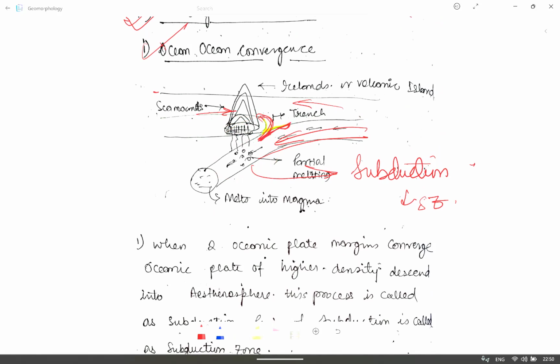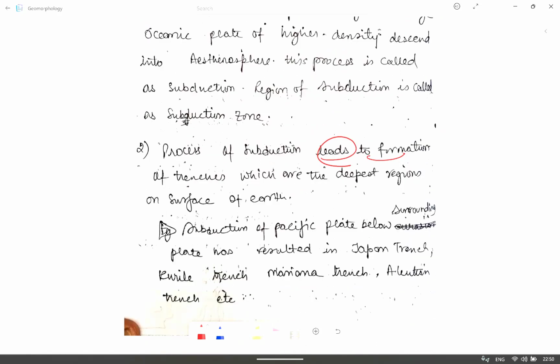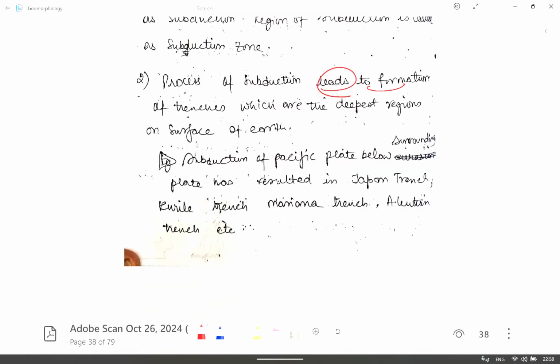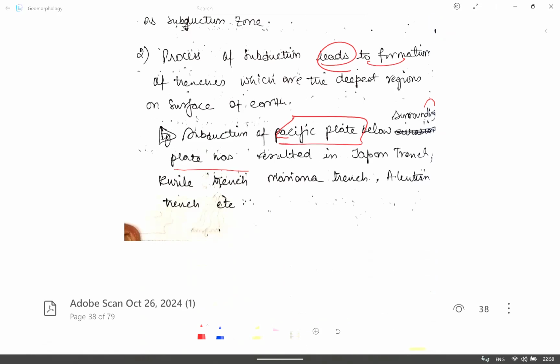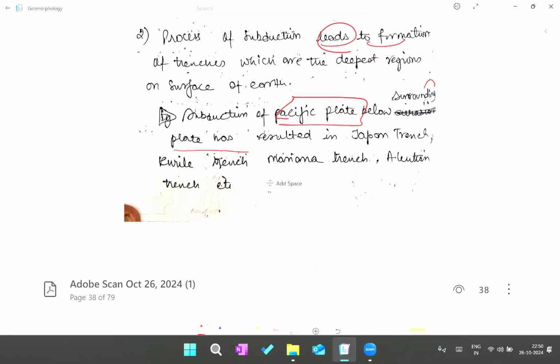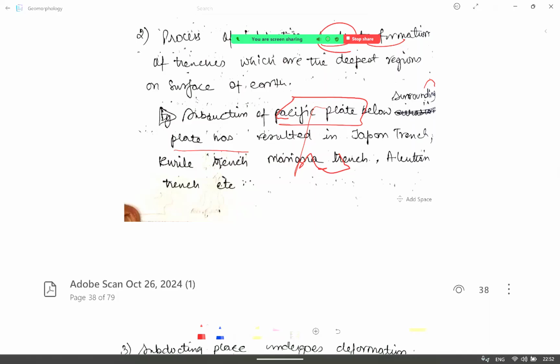Now, these trenches are the deep areas in the water and the continent. These are the deepest regions on the surface of the earth. For example, the subduction of the Pacific plate below the surrounding plates has resulted in the Japan Trench, Kurile Trench, Mariana Trench, and